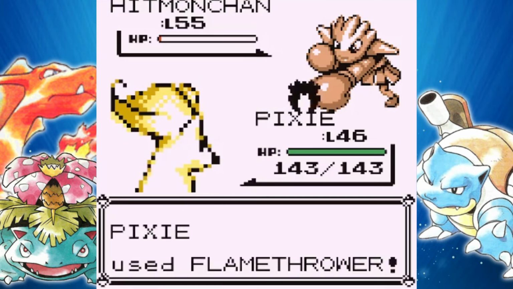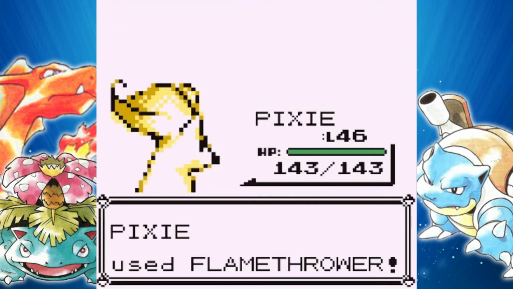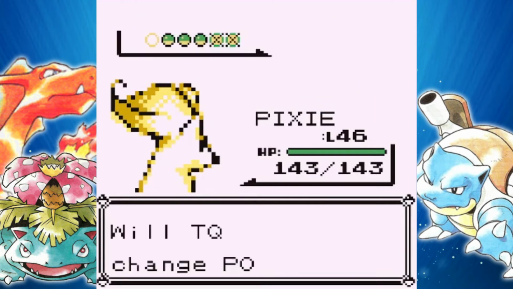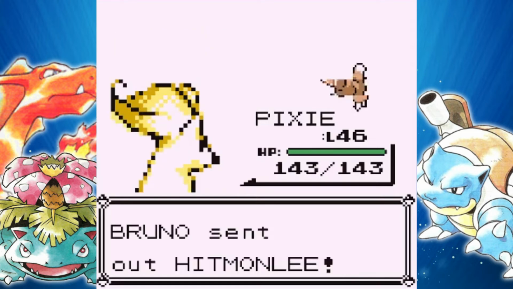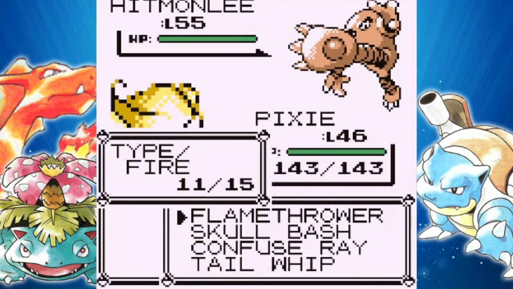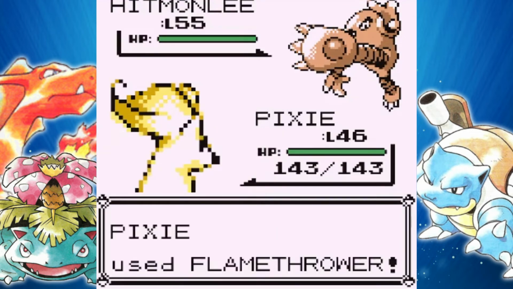Not sure if you guys can hear that, but it also has Counter, so if you hit it hard with a physical move, there's a chance that he can come right back and do double the damage, which could definitely knock out one of your mons. Anyways, we got lucky there, and he just went for, I don't know, I wasn't even paying attention, but we killed him with the